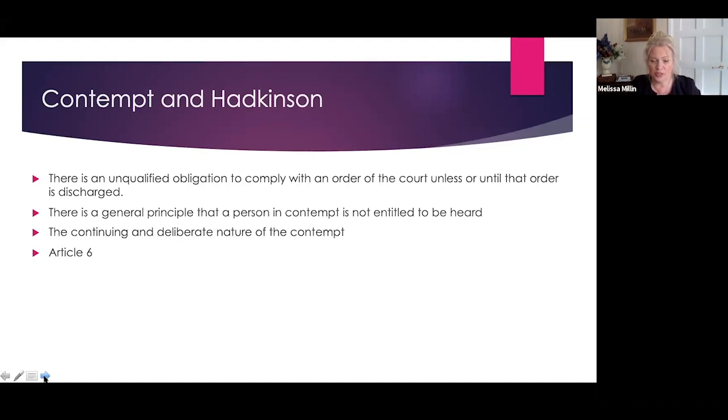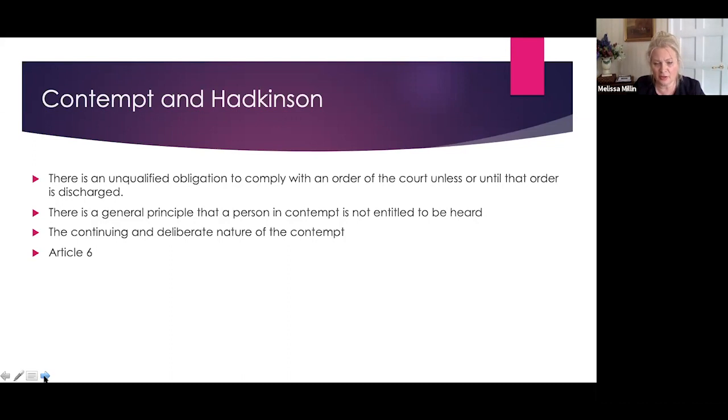The husband wanted her to bring the children back. When engaging in the litigation about that, she had still not brought the child back into the jurisdiction, and the husband took issue with her actions and said that the failure for her to comply with the first order should be a restraint to her making her application under the second. And it's right that there remains an unqualified obligation to cooperate with an order unless or until any order is discharged. So there's a question of purging the contempt before things moved on.